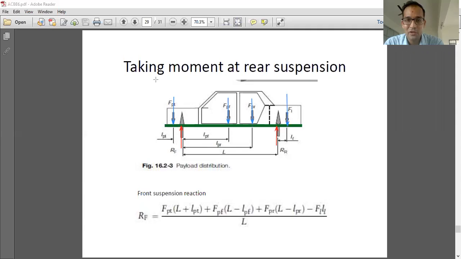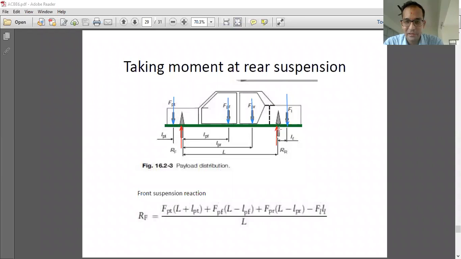Now I have already mentioned taking moment at the rear suspension. So what is going to happen if I take moment over here? So we'll have FPL. What is that FPL? It is available over here. Front passenger load. It is going for a particular direction moment. If I can show that moment, FPL is going for FPL times L. This is the observation criteria. I have to designate it in a clear manner. And the whole calculation is going to be represented over here.